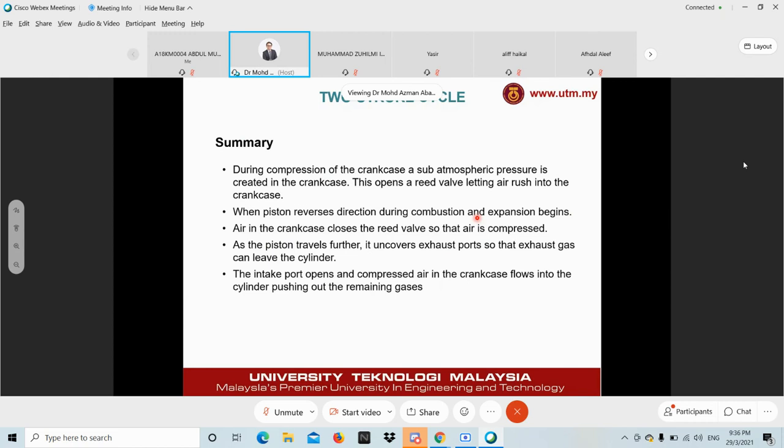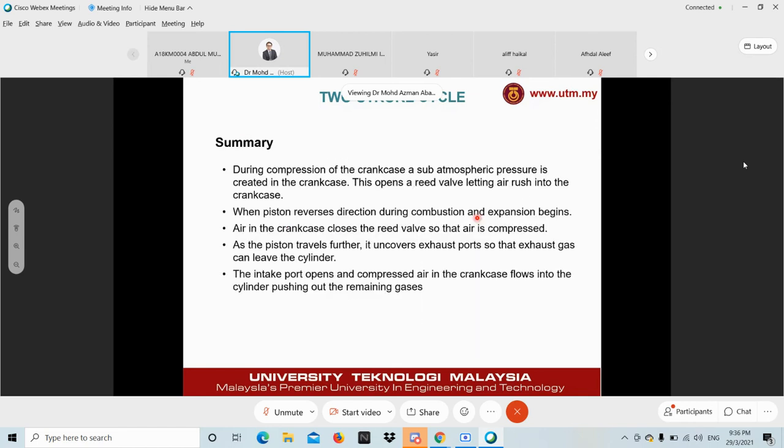A very quick summary, nothing much on the two-stroke. We won't emphasize much on it. It's just for us to understand the difference between two-stroke and four-stroke. In a two-stroke cycle, during compression of the crankcase, a sub-atmospheric pressure is created in the crankcase. This opens a reed valve, letting air rush into the crankcase. This refers to loop scavenging and